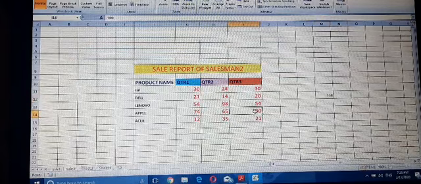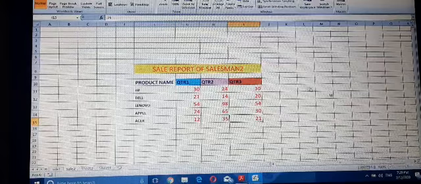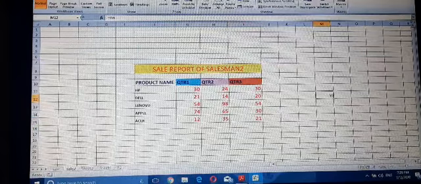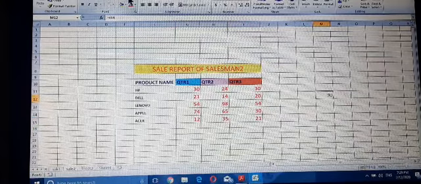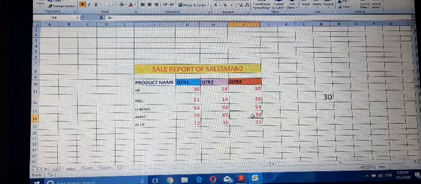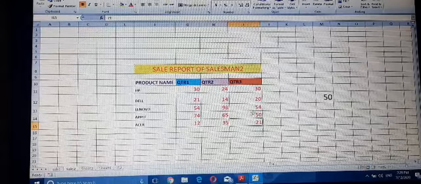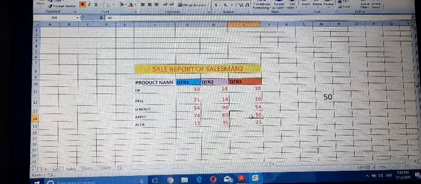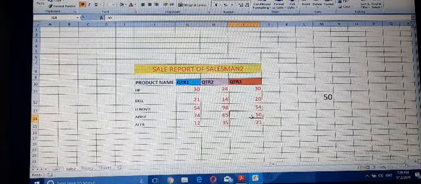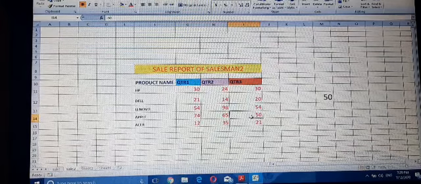30. 50. In this way, we can link a cell with another cell.